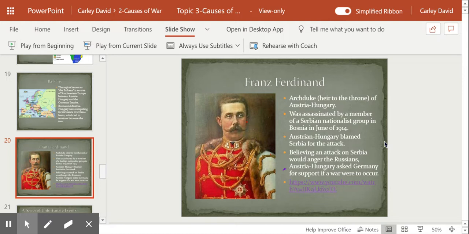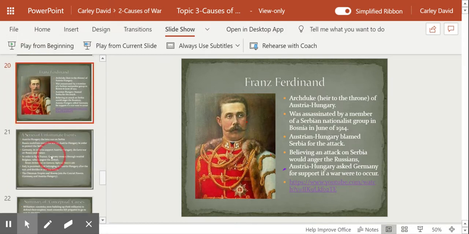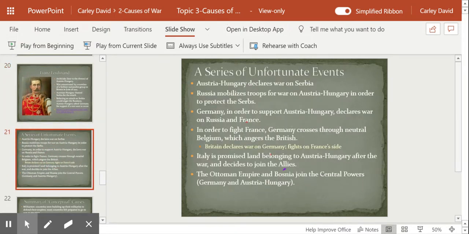Believing that an attack on Serbia would anger the Russians, though, because the Russians were looking to gain some influence in that Balkan region and felt like they were the protectors of the Serbs there, Austria-Hungary asked Germany if they would support them if they were to end up in a war with Russia, and Germany was like, "Heck yes, my friends! In fact, we encourage you to do that because that would be super exciting for us." So in the series of events that happens, Austria-Hungary declares war on Serbia, and because of that, just like they expected,